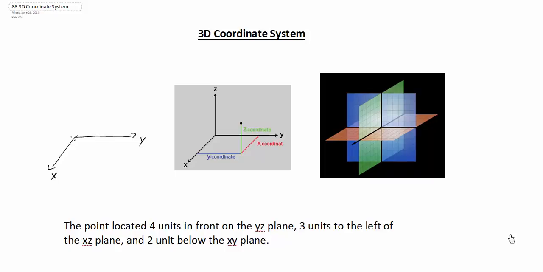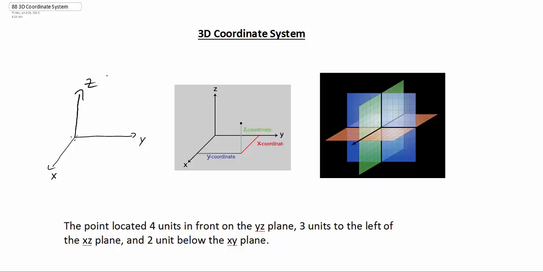This video is going to look at the 3D coordinate system, whereas in the past we were just looking at having our x and y axis, and now we're going to introduce another axis, the z-axis. Now what we want to do here is think of our x-y axis laying flat, and if we think of the x and y axis laying flat, our z-axis is going to be going straight